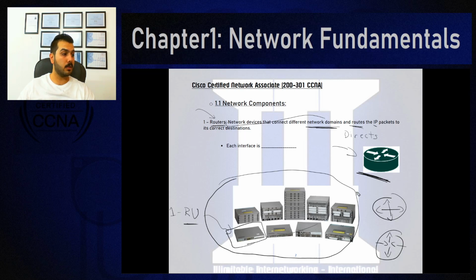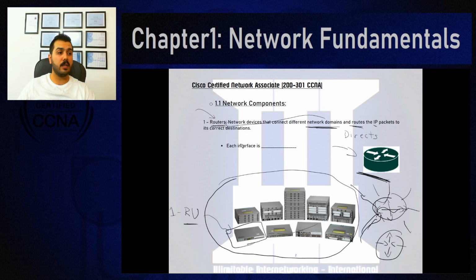So routers connect to various networks, and when one network tries to reach other networks, it is the responsibility of a router to receive this information from a single network and deliver it to the distant network. It might be only between these 2 or these 3 networks, might be all of them, might be a single network trying to talk to another single network. This is the responsibility of a router.